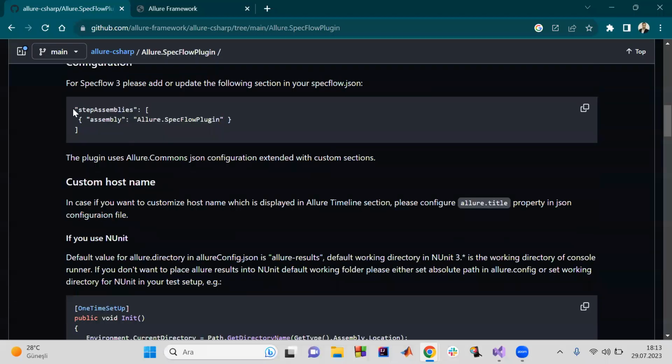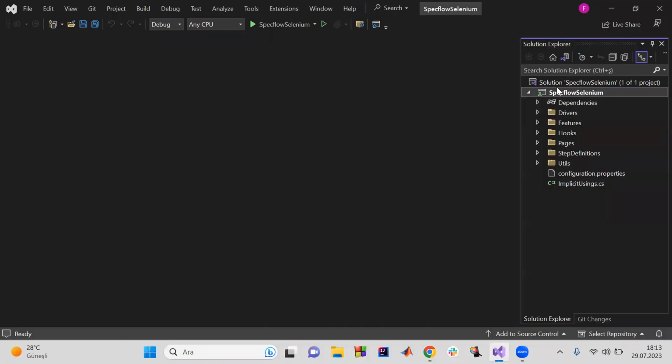The second step, for SpecFlow 3, please add an update following section in your specflow.json. First, we need to create a specflow.json to be able to add this command. Let's create a specflow.json. How can we create a JSON file on SpecFlow? Actually,